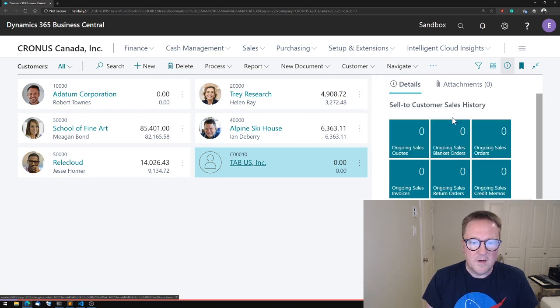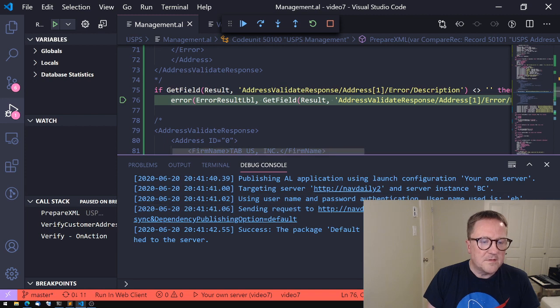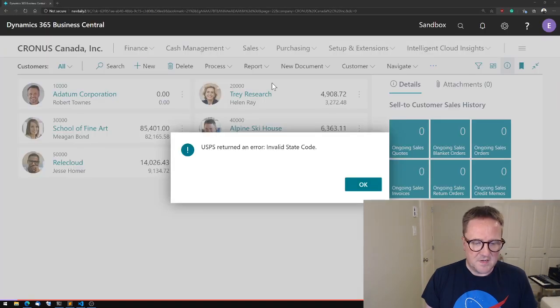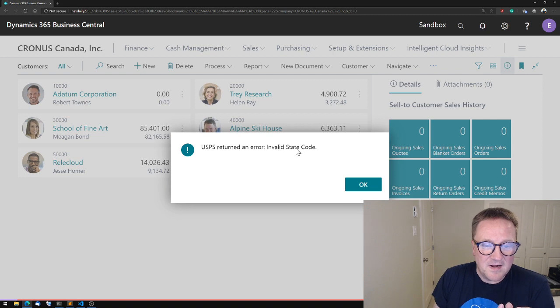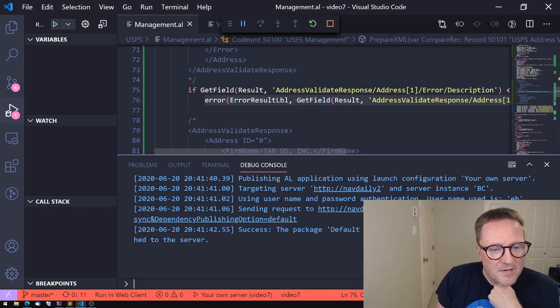Oops, let me right click. And we can see that in the debugger we got a break here on the error. That's excellent. So let's just continue that, switch back to our browser. So US Postal Service returned an error, invalid state code. That means that our parser,